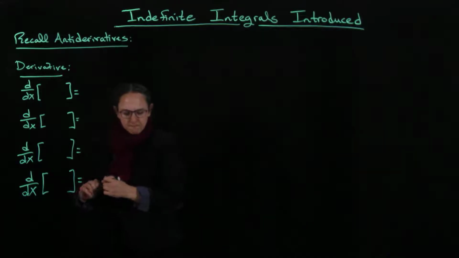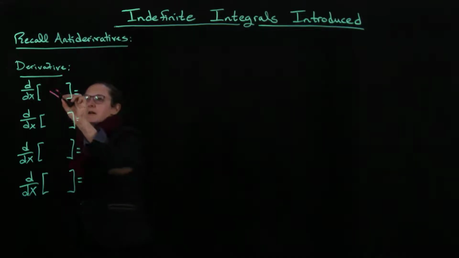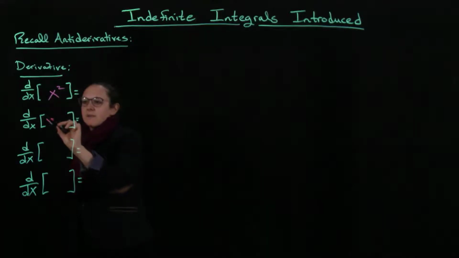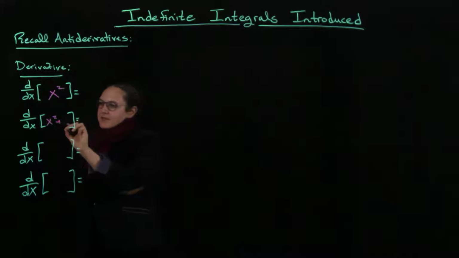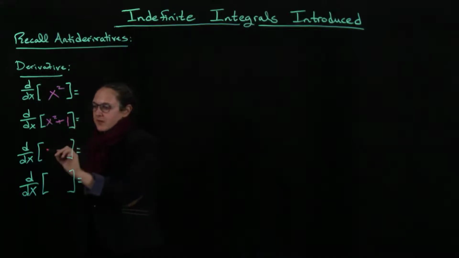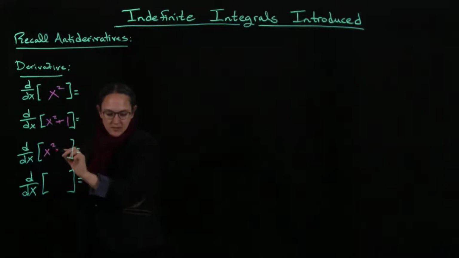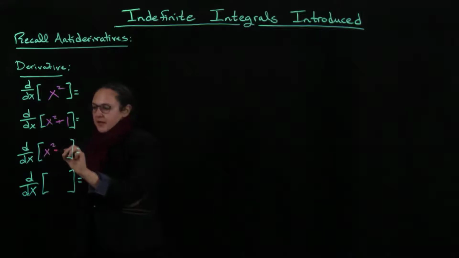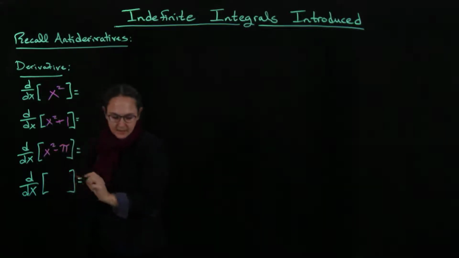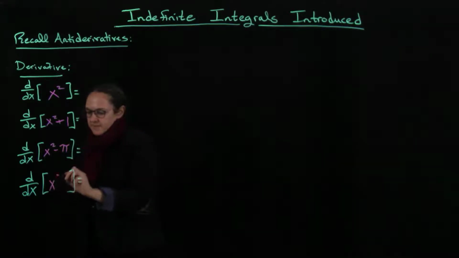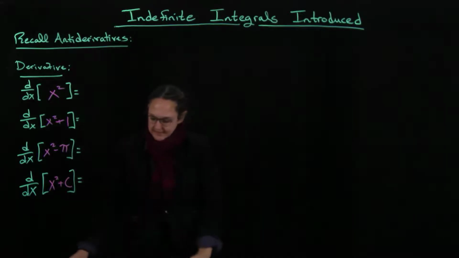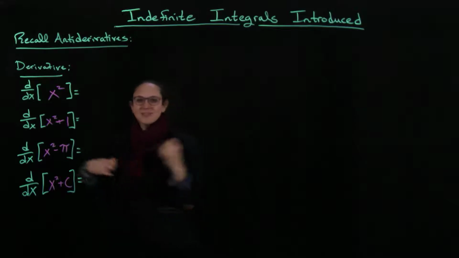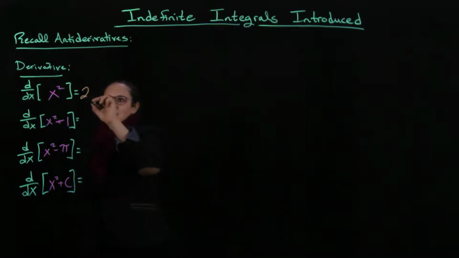So the functions that I'm going to want to take are, I'm going to take the derivative of x squared, plus 1. Then I'll do x squared minus pi, and then I will do x squared plus c. Doesn't matter what my constant c is. And in each of these circumstances, we're going to get the exact same thing, right? Because the derivative of a constant is 0. So I'm going to get